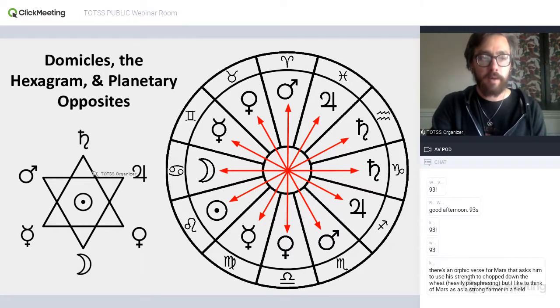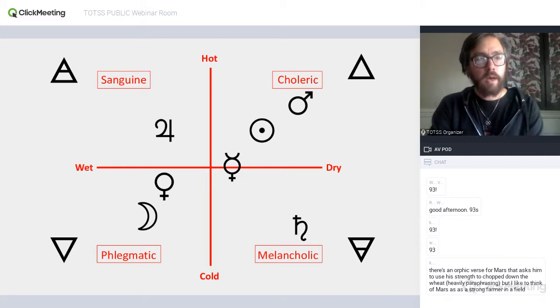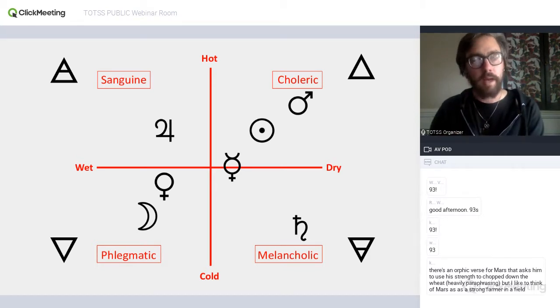in the hexagram here, where we have the moon opposite to Saturn, and then of course the sun is in the middle of the hexagram, but we're sort of grouping the luminaries together as being opposite to Saturn. All right, and now we've seen this diagram before, when we talked about the temperamental qualities of the planets, and now I've added the symbols of the elements here, and we'll bring all of that together when we're talking about the individual signs of the zodiac.